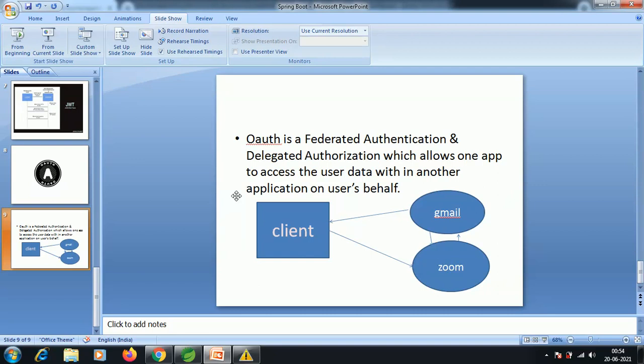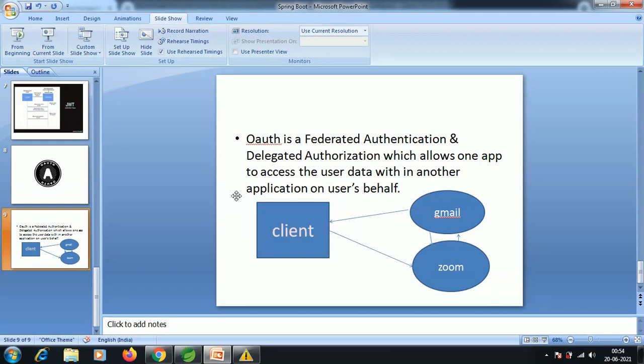OAuth is a federated authentication and delegated authorization which allows one app to access the user data within another application on the user's behalf, without knowing the user's user ID and password, that means the credentials for the second app.